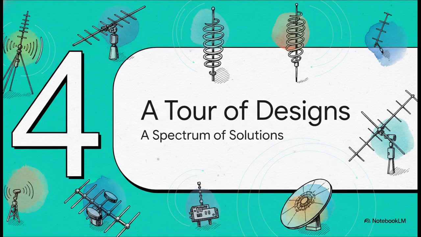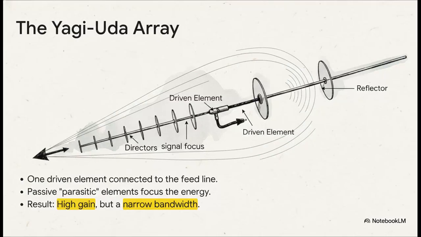So how do engineers actually solve this trade-off puzzle in the real world? Let's take a quick tour of a few common designs, and you'll see how each one represents a different kind of solution. First up is the Yagi-Uda. You've definitely seen these on rooftops for old school TV reception. What's so cool is that only one of its elements is actually driven,